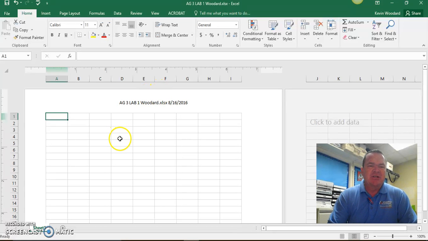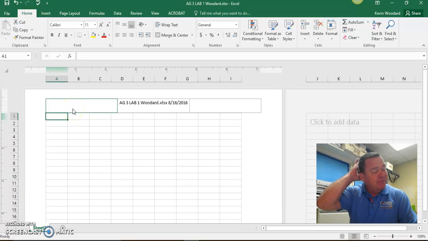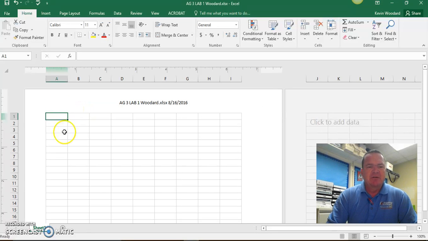But when I say a shell, I'm going to say that there's some type of a border or framework that you're going to be working in so that it's a little bit more organized and clean. So a few different ways you can do it. You can set up those borders ahead of time, or you can set up those borders afterward. But just to show you how to do that,